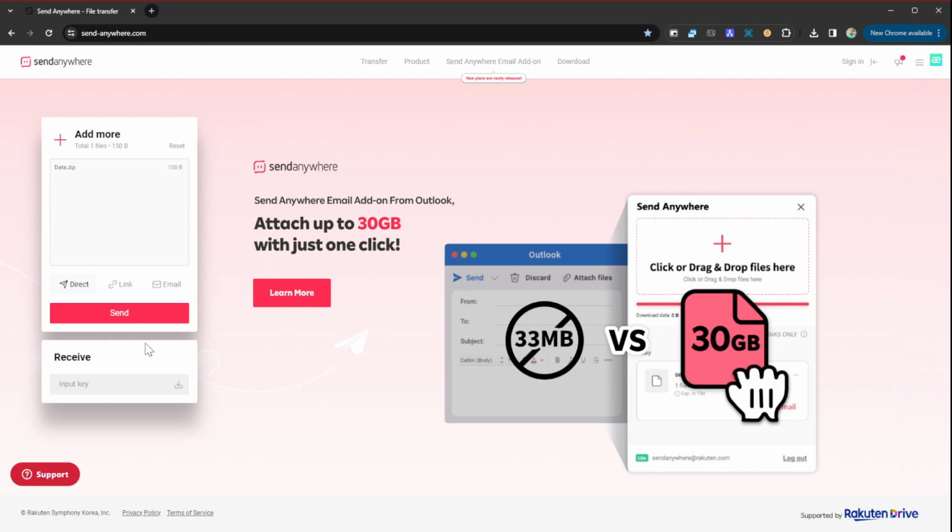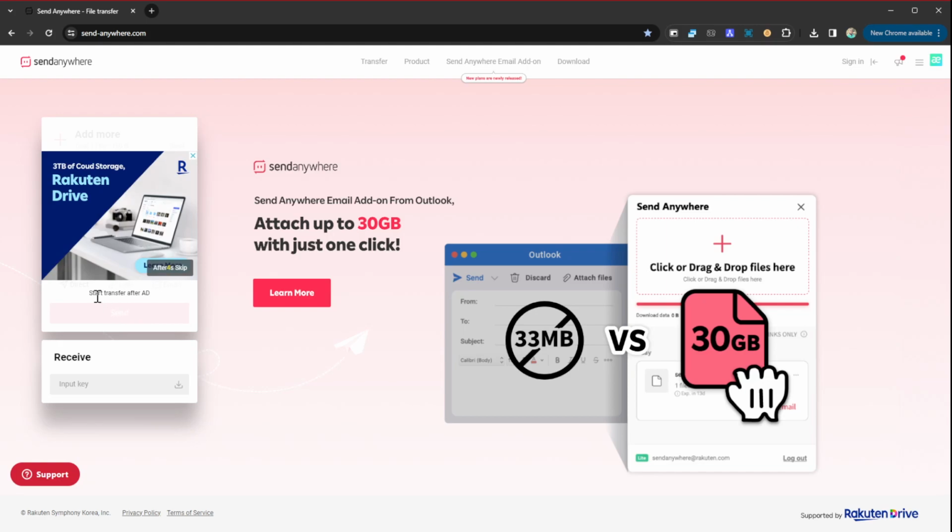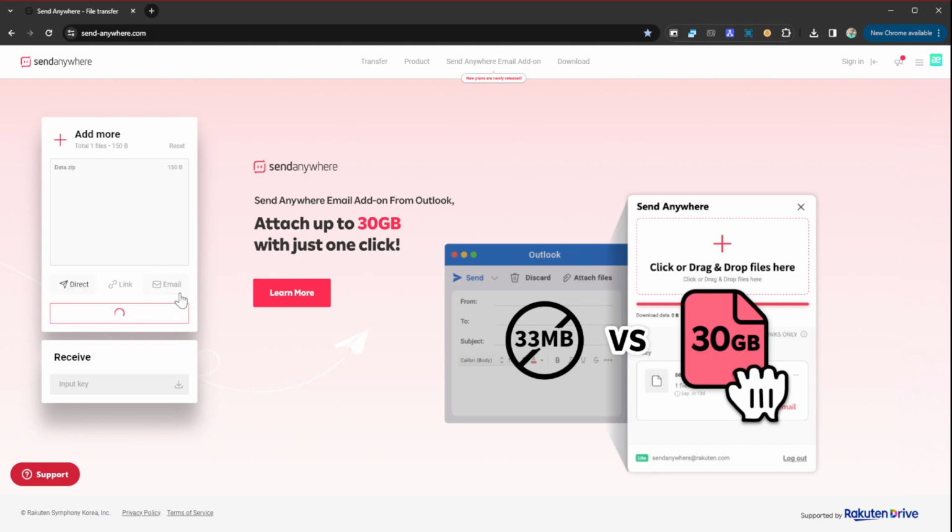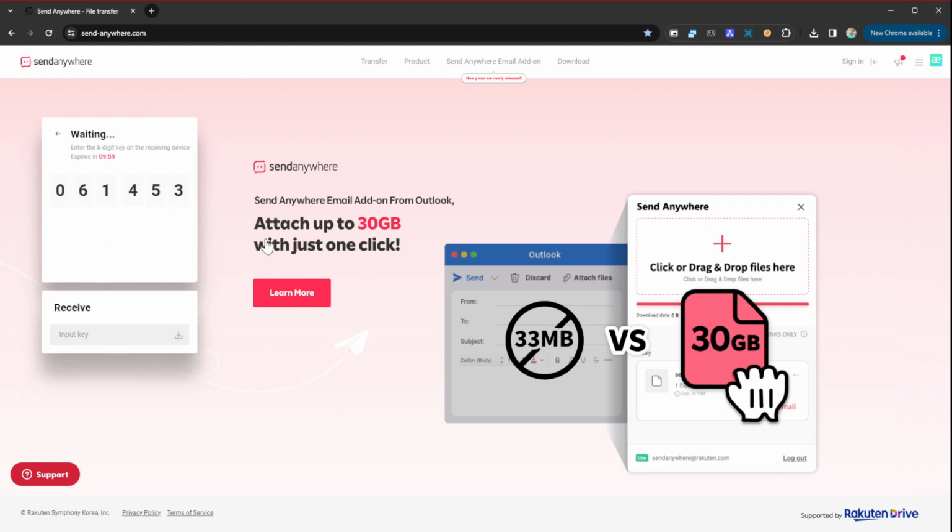So we are going to go ahead and send this file. I'll just click send, and it's going to show us an ad for a couple of seconds, and that's it. After that, the file is going to go. You click on skip once that's done, and now it's sending your file. Once your file is sent, it's going to generate this key, which you need to communicate to the person to whom you're sending the file so that they can receive the file. And on their end as well, they are going to go ahead and